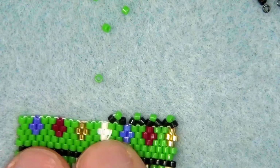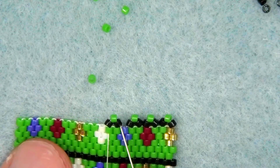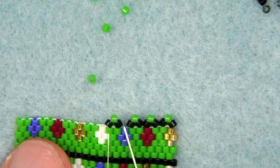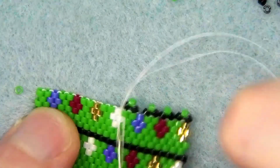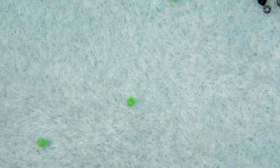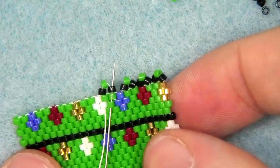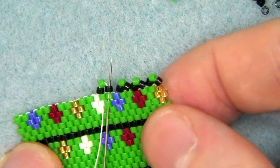Because essentially when you get to the end, because you've got an odd number of beads, you will have this tiny little gap here, like this, which if that gap doesn't bother you, then don't worry about it. It's only the tiniest little thing and you'd never see it anyway. But if you want to fill that gap, it is very, very easy. All you've got to do is weave back down your work and come out of just one bead, so the bottom of these black beads here. See, just here, I'm going to weave up so that I'm coming out of one of the beads on one side of that little...